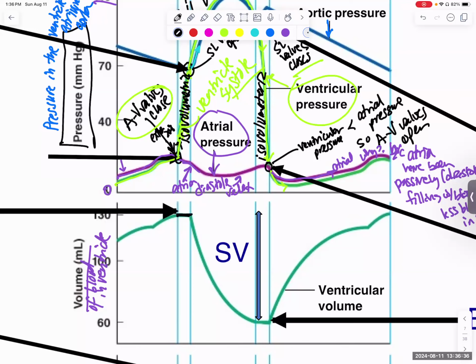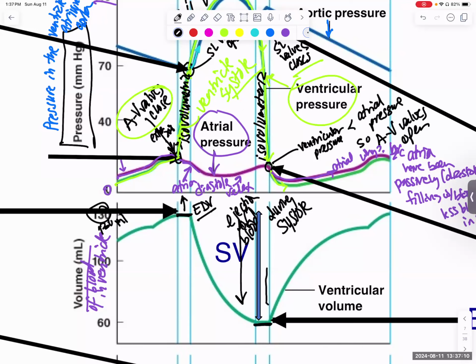So here, during this isovolumetric period, this volume, and it's 130 mLs, is the end diastolic volume. It's the volume of blood at the end of the diastolic or filling period. Here's where you have ejection of blood during systole. And so blood is being ejected until you reach the isovolumetric period of relaxation. This is the volume left in the ventricle